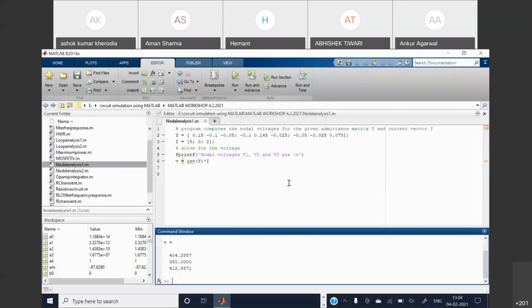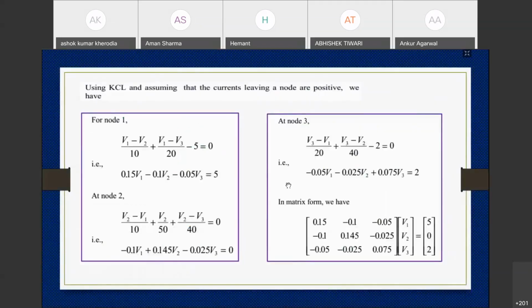Next, if you have the equations, instead of computing mathematically, how will you compute this matrix? Suppose you want to find out I1, what will you do? If you have to do it manually, it will take a lot of time. Yes or no? Hello? So if you want to find out mathematically, by the pen and pencil approach, you have to do calculations. But if you are entering in terms of a matrix, it will give the voltages directly.